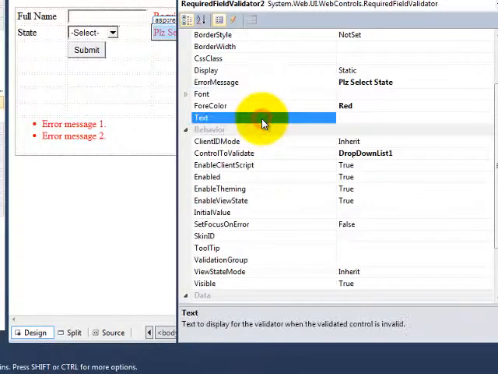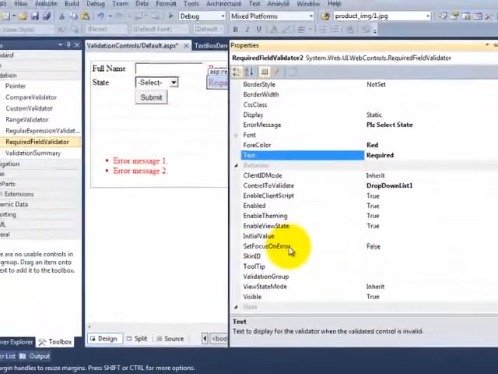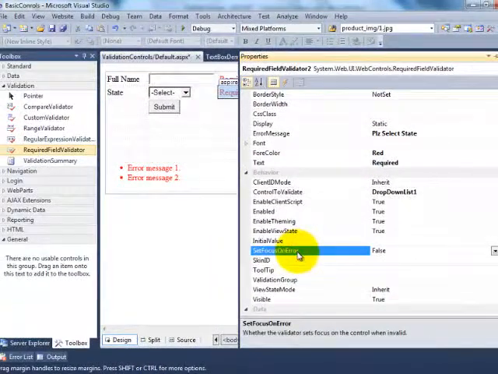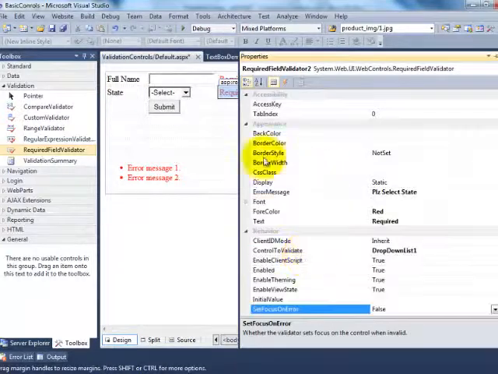Text: required. Optional properties like set focus on error. The same properties I set for the full name's required field validator, I have set for this second validator.